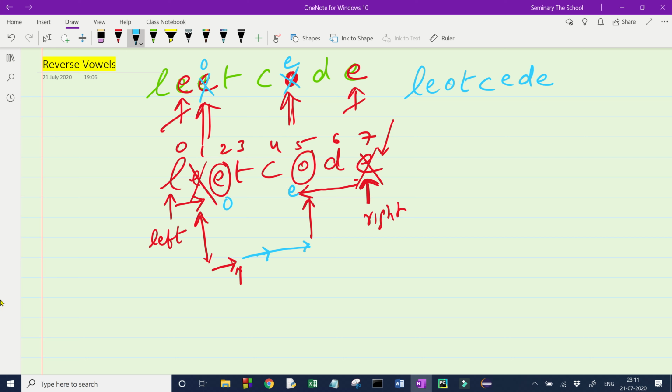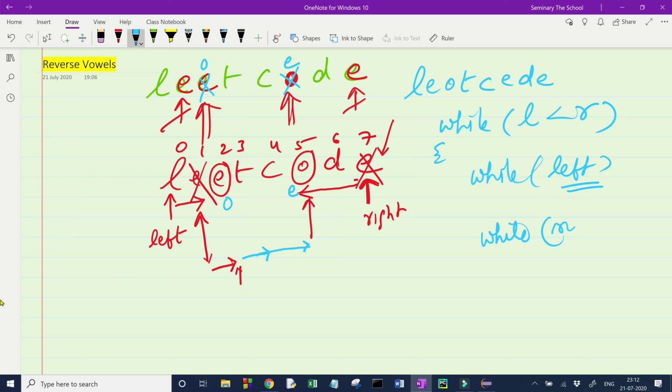The main loop will say left is less than right. Inside, one more loop will take care of the left part, then one more loop will take care of the right side. So first loop is over, second loop is over. Next step is swap, and that's it.